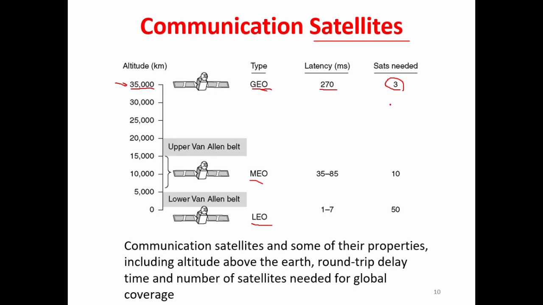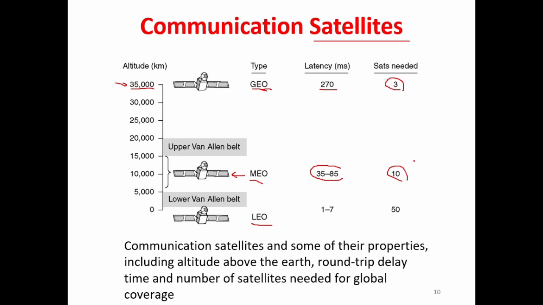So because the distance is very high, by 3 of them we can have a global coverage for the communication. But if we are working at this altitude, we can go for this medium Earth orbit, and this is another type of satellite. So the latency is much less than the previous one, but the number of satellites is more than